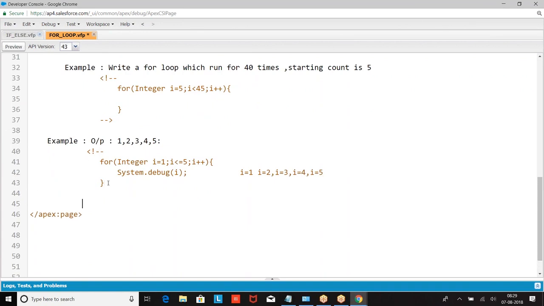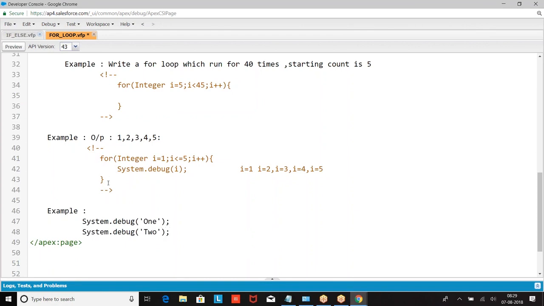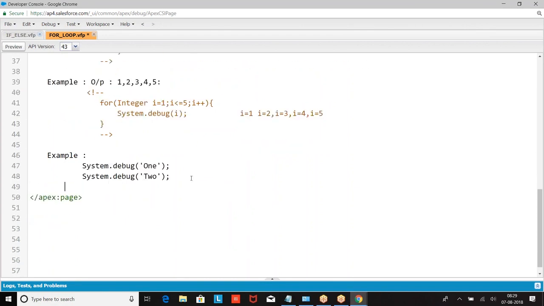Now, to understand this operation carefully, look at this. What exactly is the purpose of a for loop? Try to understand this. I'm giving system.debug 1. If I write system.debug 1 and 2, what is the output I'm going to get? 1 and 2.